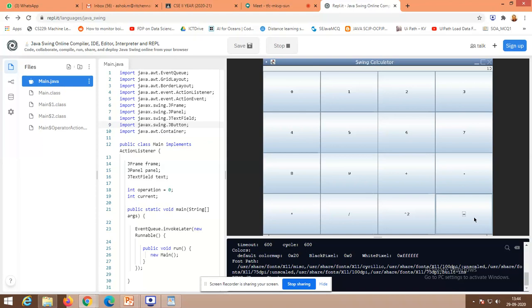So that is the action or event handling part you have to do. What are the event handling parts you have to do here? While you click a button, the corresponding button value must be displayed in the text box. That is the first one. While I click the corresponding operator, the corresponding operation must be enabled.